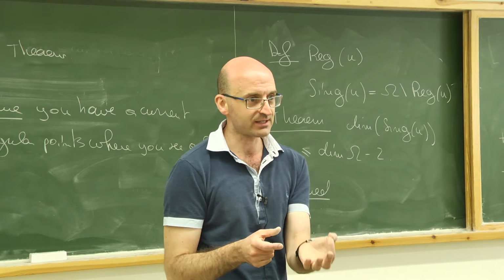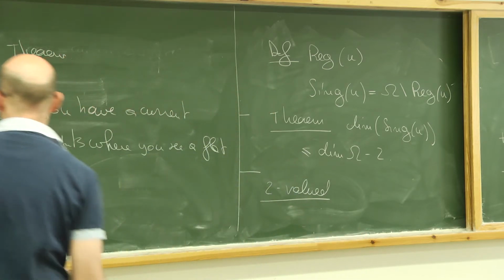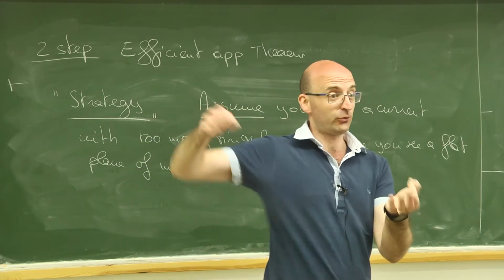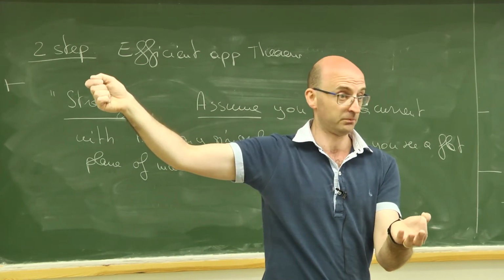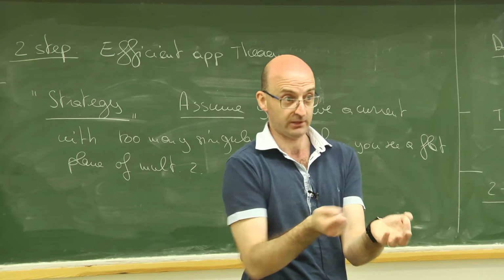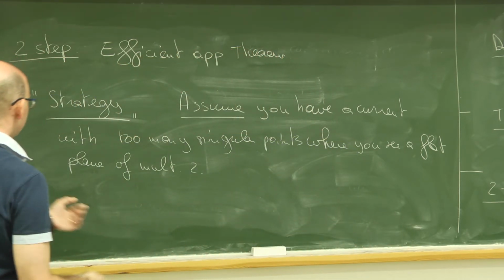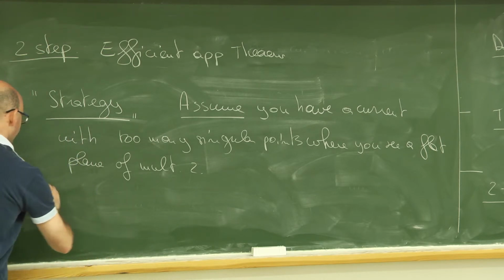And this place where I see them clustering is a place where I have a flat plane, because I see a flat plane except for a set of codimension 2. Okay? And these are just too many. They're more than codimension 2. So therefore, out of, say, a rescaling procedure,